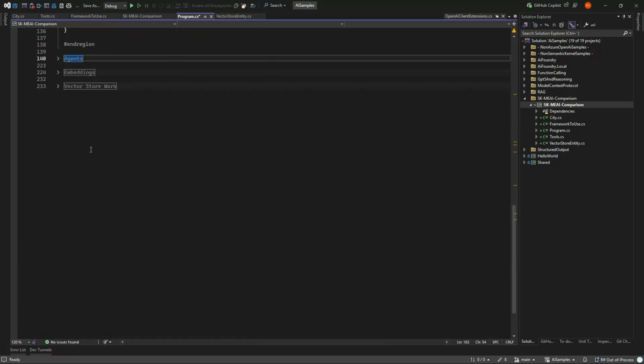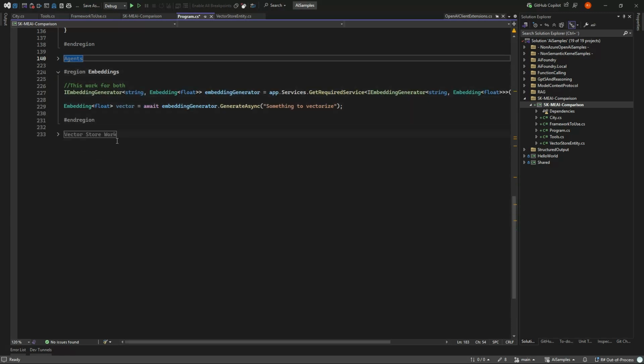The final thing we have is embeddings and vector stores. So embeddings are easy because they both work exactly the same way. Semantic kernel had their own way in the past, but have now adopted Extensions AI as a dependency and only being a subset of that.